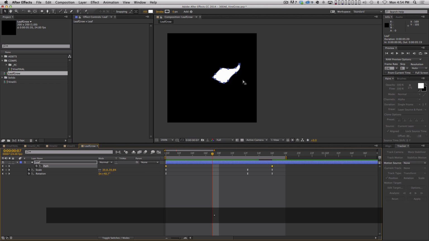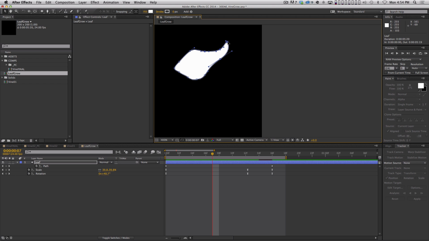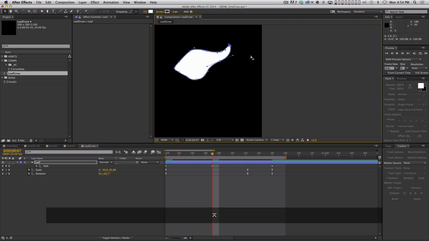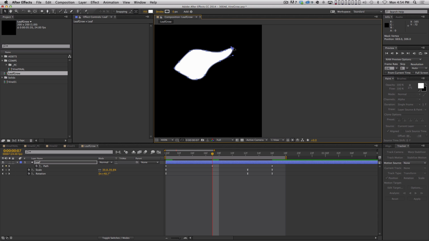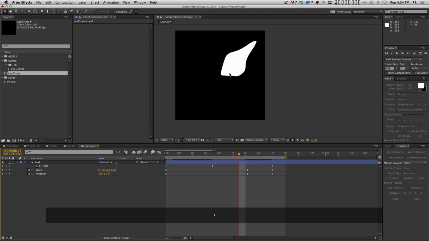So let's go in and let's grab these points and double click them. And then we can just rotate them all as a whole and move them as a whole. It's kind of a cool trick you can do. You can do this with masks or with shape layers. And I'm just going to sort of shape this thing so there's a little bit of a drag to it. And then it's going to come back and it's going to overshoot